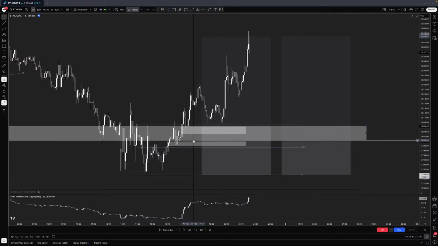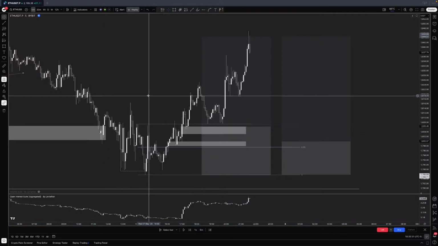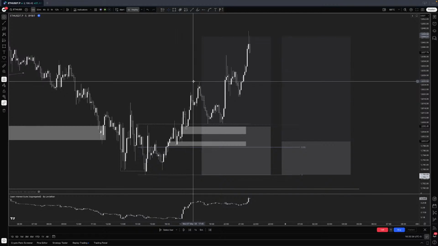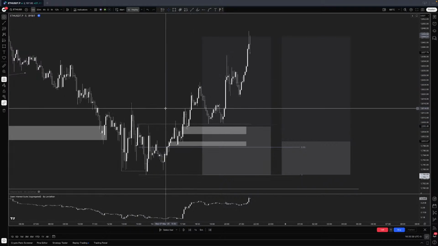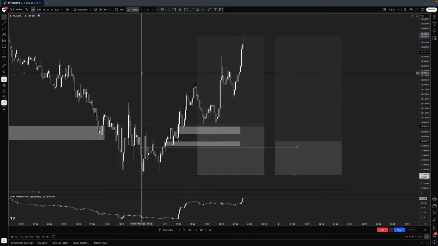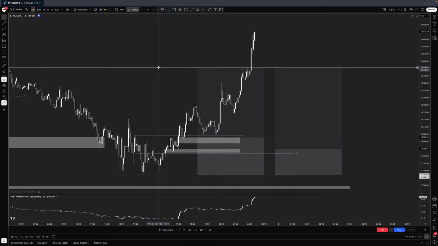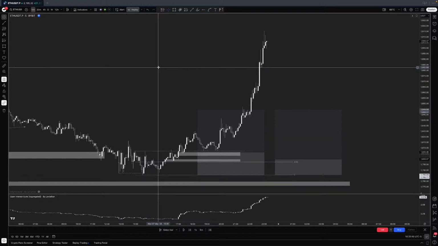I don't know why this zone is over here, to be honest. Oh, I know why, right? We have it over there. Let me see what we did wrong over here. Okay, no, everything is correct. We just got, I would leave the limit orders over there, but I'm pretty sure that the market just continues to the upside from here. Yeah, it goes up, goes up, goes up.